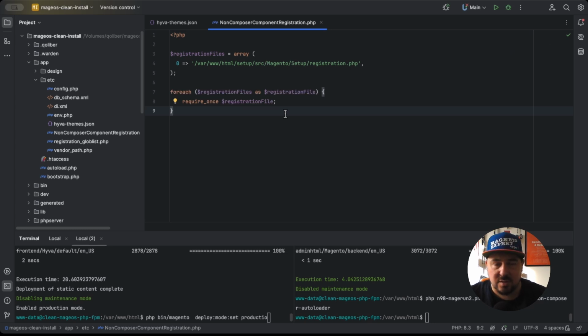Now, I hope you enjoyed it. I really hope you will put a lot of thought into this change of the non-composer component registration file, because like I mentioned, the larger your Magento is, the more things you push into the app code. Now, the faster your Magento will be, and I think that we all want Magento to be fast, so